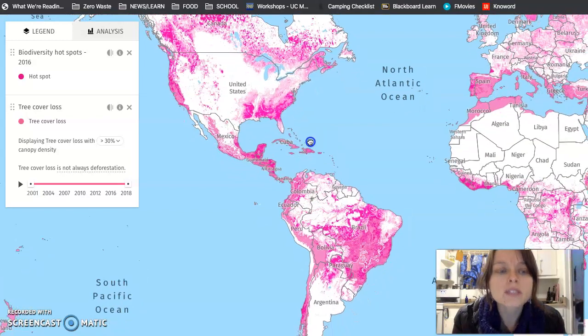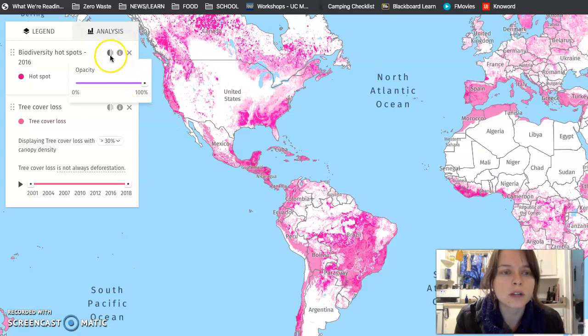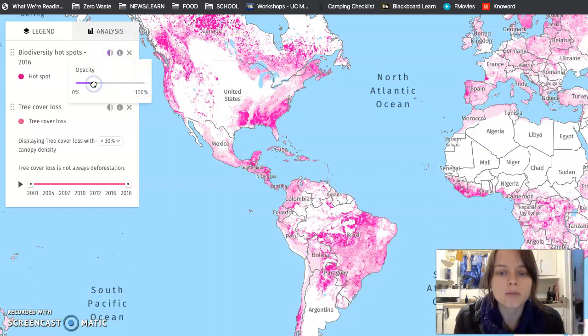These layers are similar in color, so you might want to play around with the opacity to better visualize. You can click on this circle with the cutout portions, and you can adjust the opacity, which will help you see which one is which. So here we see, if you make it a lighter pink, it might help, about 60%. You see a lot of